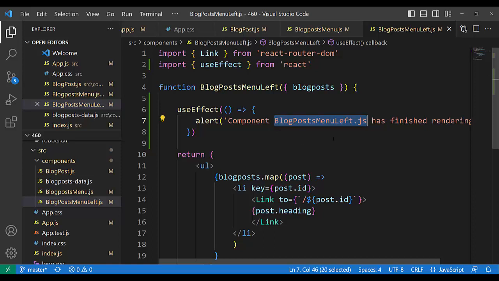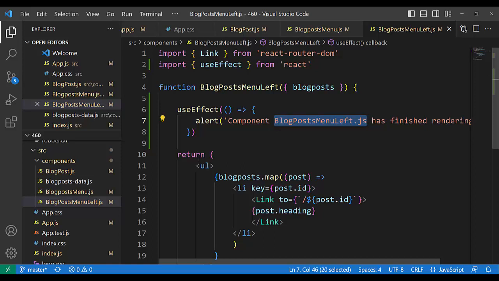Component BlogPostMenuLeft has finished rendering. The alert is very interesting because it stops processing, and we have time to read what is in the alert box,